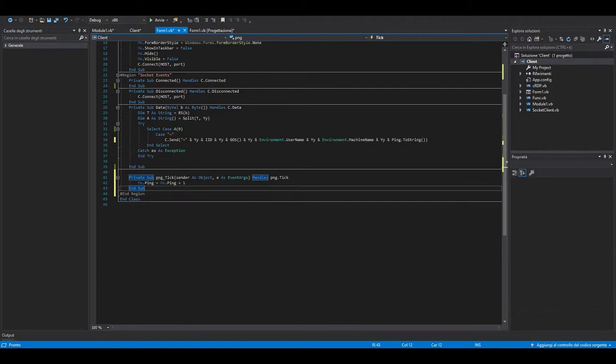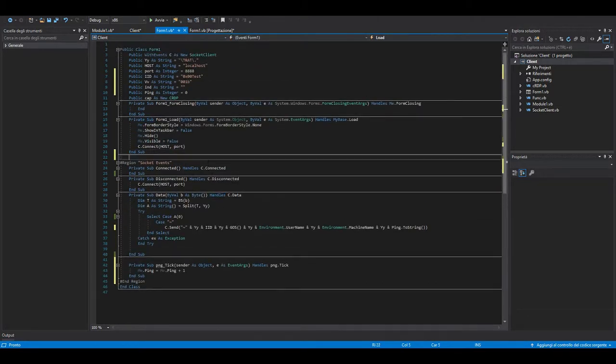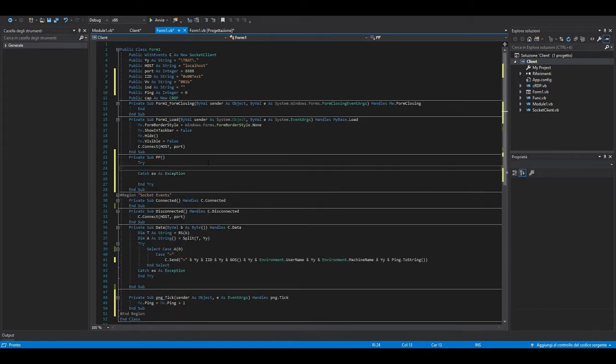And actually we can start the timer using another function that we are going to declare maybe up here, private sub pp. I'm going to use a bunch of try and catch so we can handle all the exceptions if we have something. So we can start the timer here,